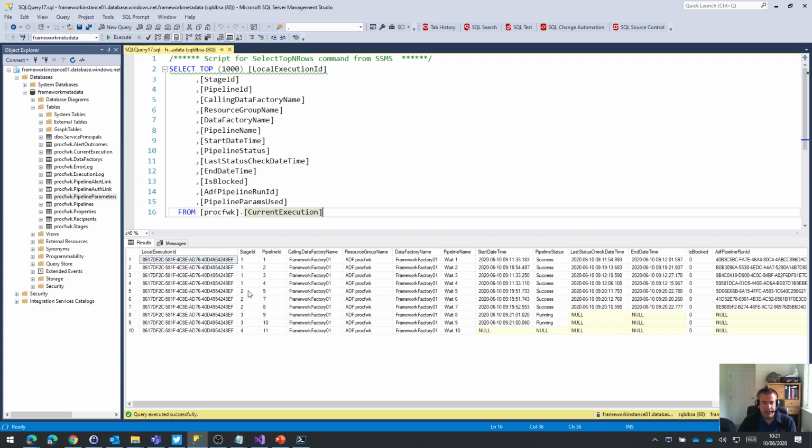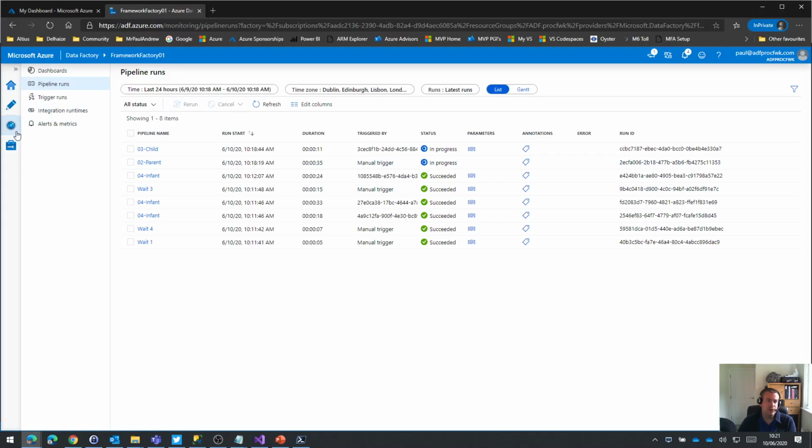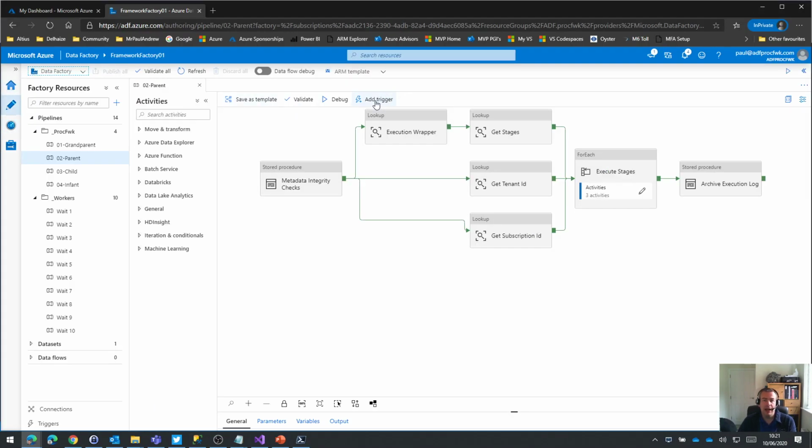So good, stage 2 succeeded. We've now moved on to stage 3. These things are running in parallel. Just be mindful that I did, of course, trigger the parent using the trigger option, which means I'm telling it to use the published service. If you happen to use debug mode, then depending on your setup and depending on how generous Microsoft are being with that debug environment in your particular region or subscription,